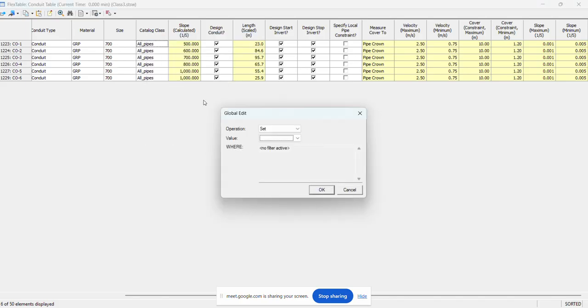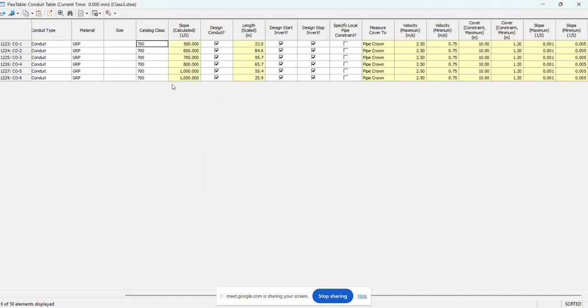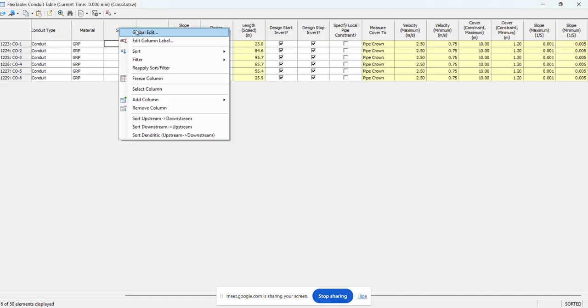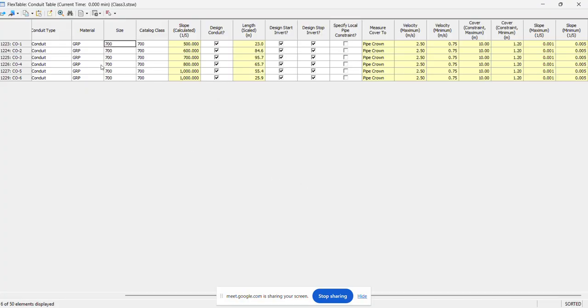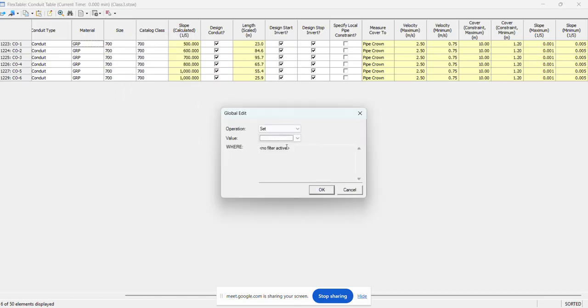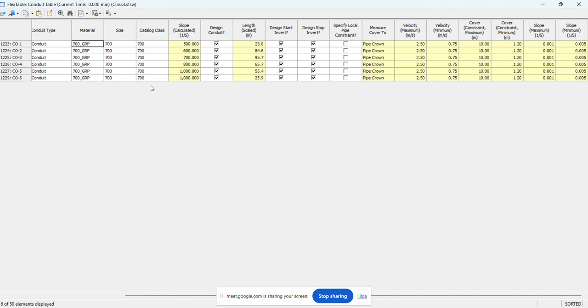Then here choose the catalog first, make it 700. So the size will be changed. Go to this, make it 700. The material also we need to change. So whatever materials we are using, we need to use it here. 700 GRP. So three things need to be changed here. After that